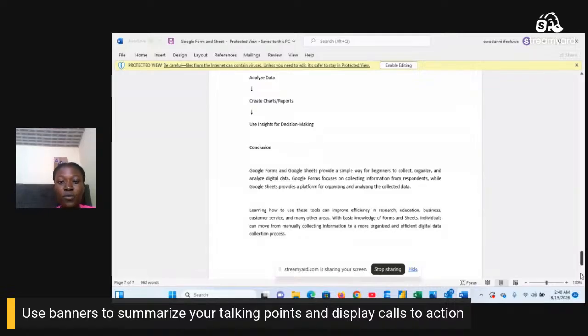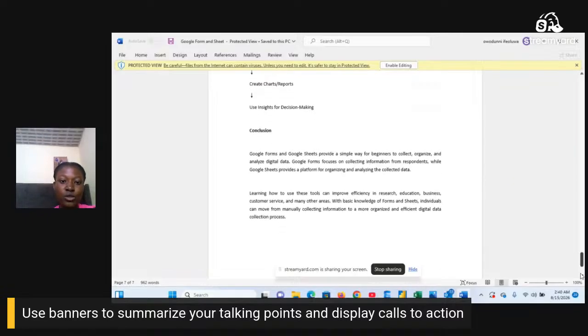Google Forms focuses on collecting information from respondents, while Google Sheets provides a platform for organizing and analyzing the collected data. I have already explained that part too. Learning how to use these tools can improve efficiency in research, education, business, customer service, and many other areas. With basic knowledge of forms and sheets, individuals can move from manually collecting data to a more organized and efficient digital data collection process. So, in conclusion,